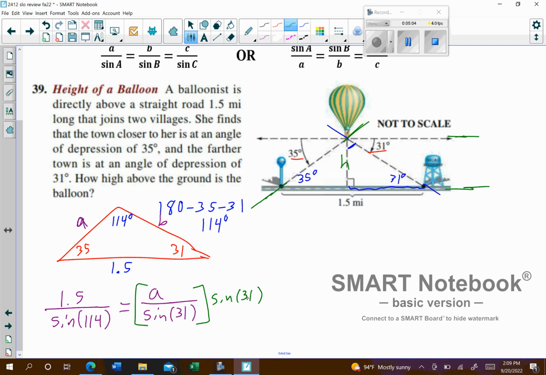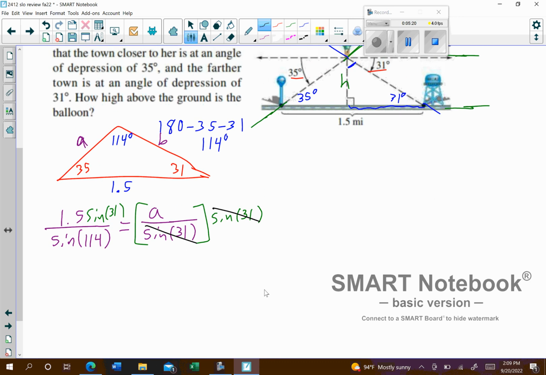So multiply by sine of 31 here and sine of 31 here. And so what that'll do for me is that will cancel with that, and I will be able to figure out the A value. And then once I have that, I should be able to figure out the height of the triangle in just a second. So let's see, A equals 1.5 times sine of 31 divided by sine of